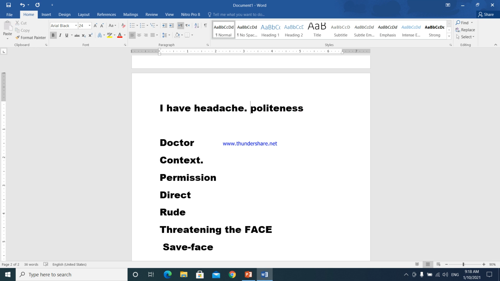It is a direct speech act. يروح المريض للطبيب يقول له عندي صداع، انتهت. But if it is said by a student to teacher, his or her teacher, now the context is different and the meaning is different, because your teacher is not a doctor, but actually you need a leave or permission not